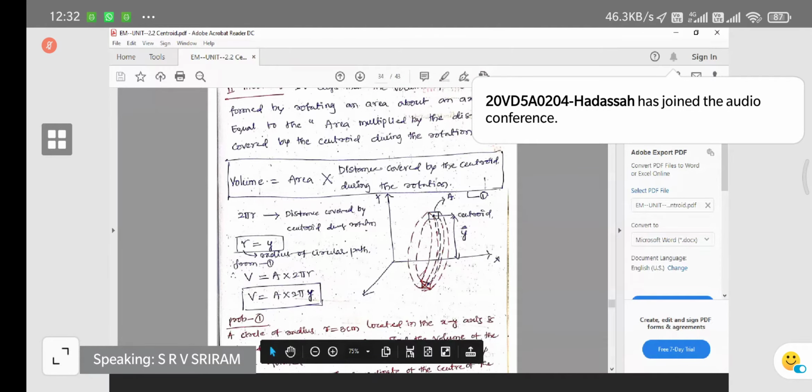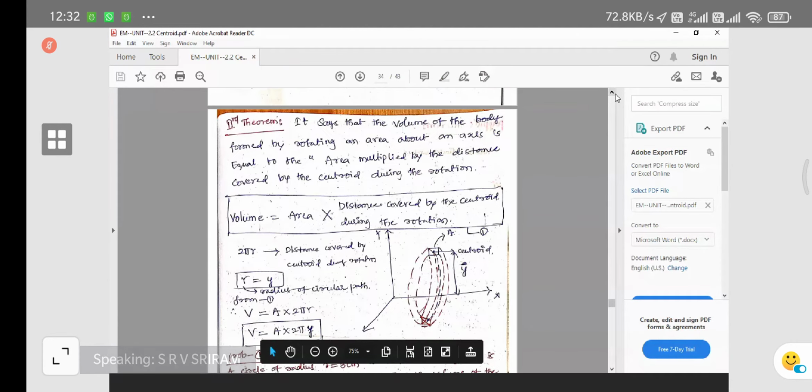So see here, there is a second theorem. Pappus and Guldinus's theorem is going to give the clarity of surface generation and solid generation. So from a one-dimensional body, we are going to get the surface generation. In order to find out how much surface is generated from the one-dimensional element, that is equal to the product of the length of the one-dimensional element, multiplied with the distance covered by the centroid of the particular length.